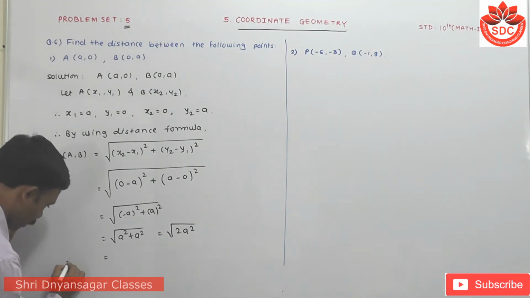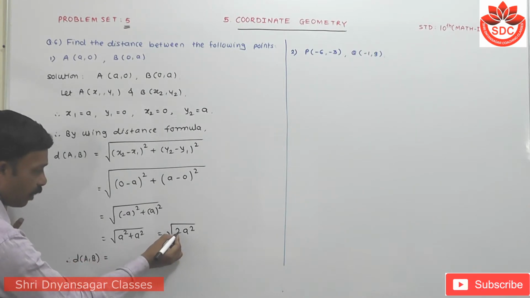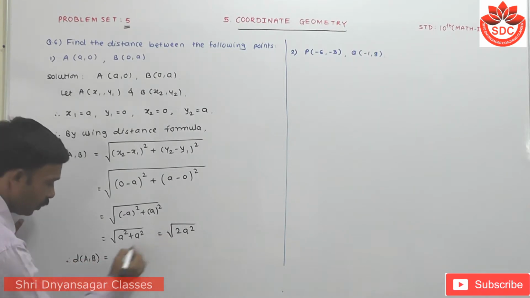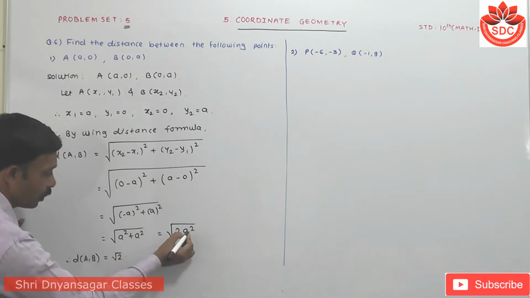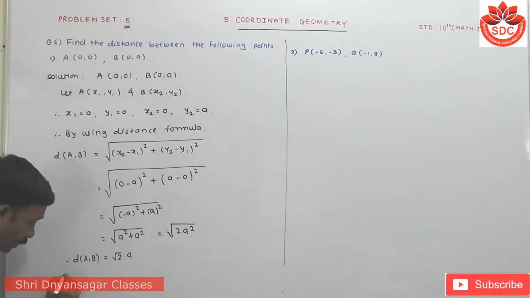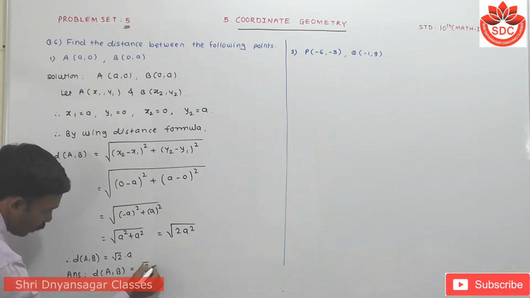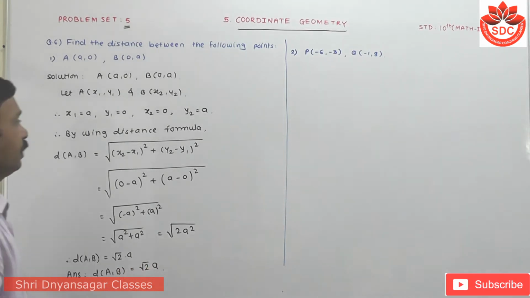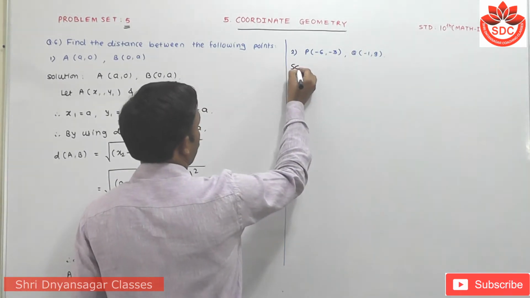Therefore, the distance AB is equal to... We cannot find the square root of 2, so write root 2 into a. Therefore, the answer in a full sentence. Answer: the distance between these two points, that is, AB, is equal to root 2 into a. Okay, same question, second. Its solution is